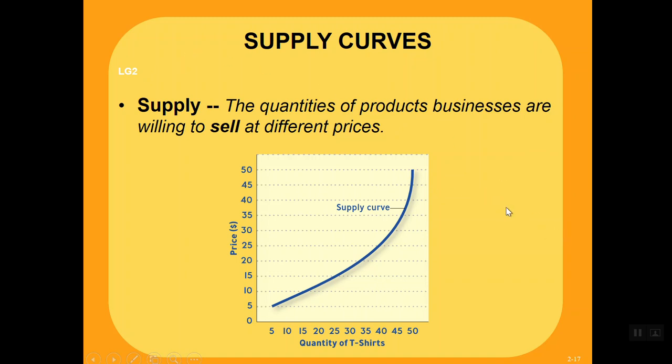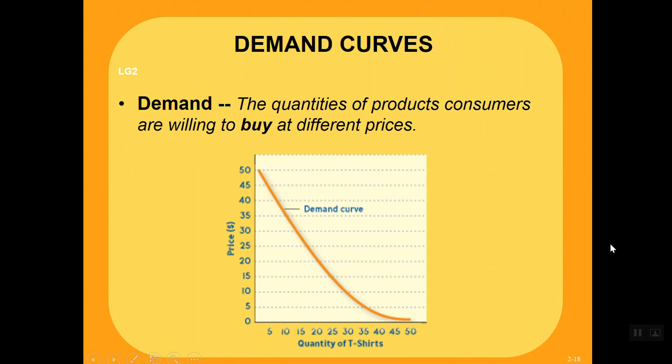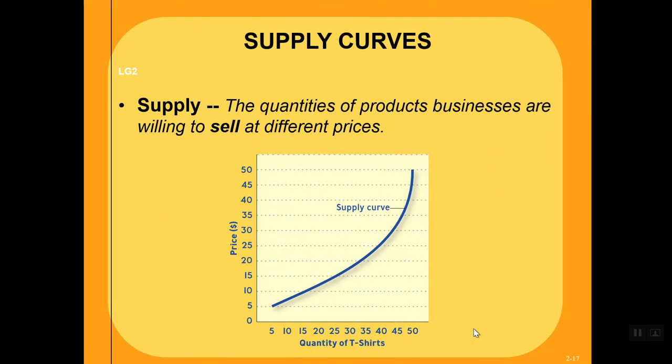So we need to compare supply to demand. From the consumer standpoint, the higher the price, the lower the demand. At $50 per shirt, the consumer wants to buy very few, 0 up to 5. But if the price was $5 per shirt or free, the consumer wants a lot of them. They want all 50 shirts. What we need to do as a business is find the balance between a price that people are willing to pay, and, if I go back a slide, the amount we're willing to supply